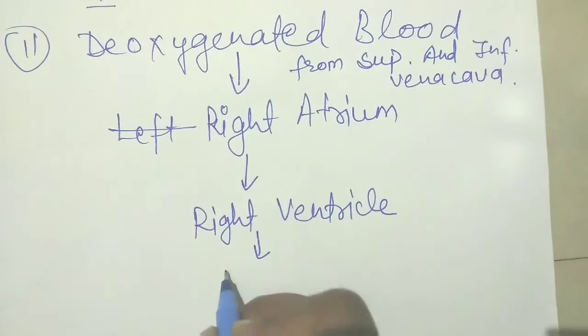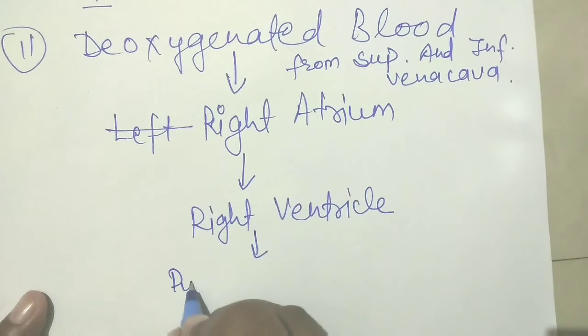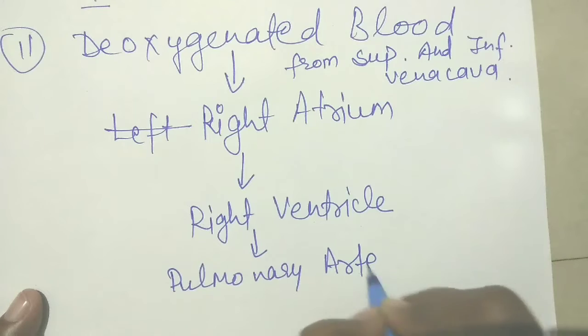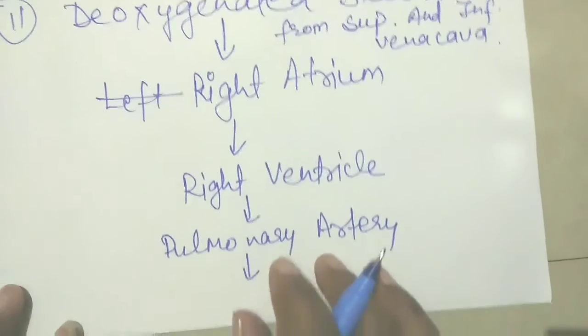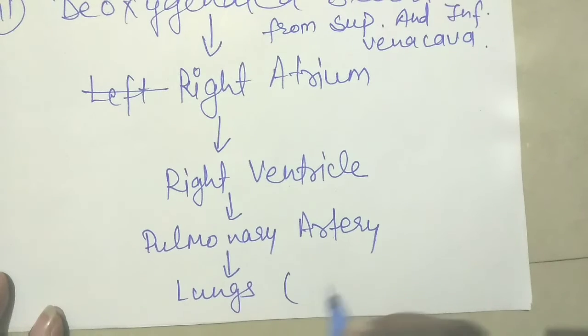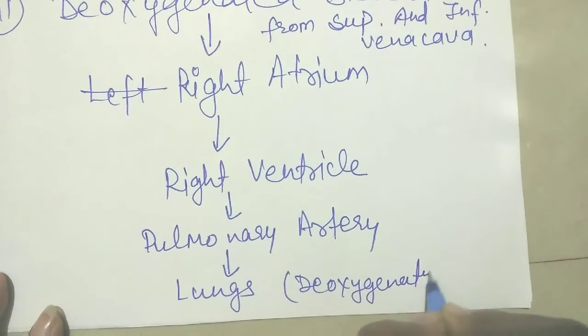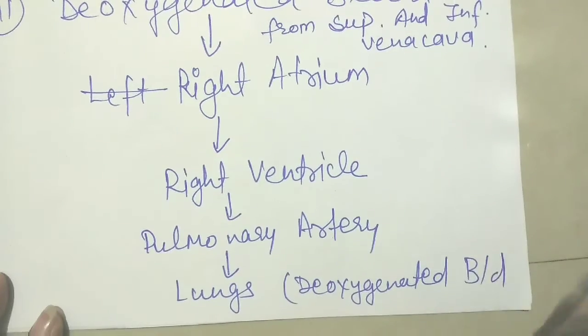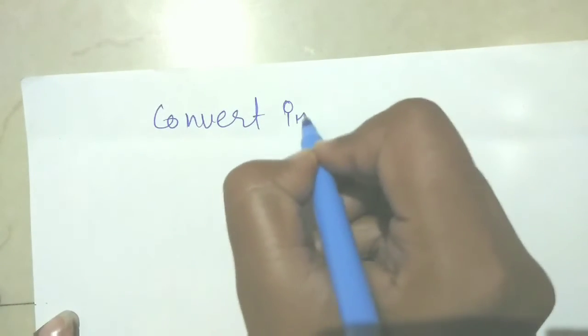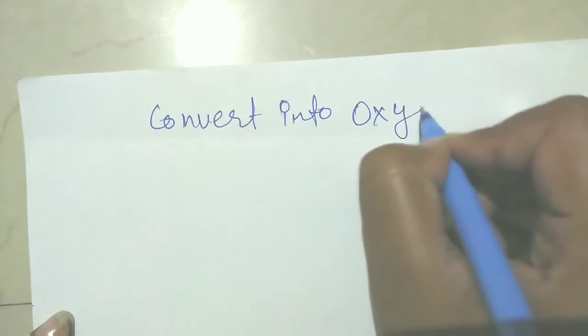Through the right ventricle, it goes into the pulmonary artery, and through the pulmonary artery it goes into the lungs, where deoxygenated blood is converted into oxygenated blood,